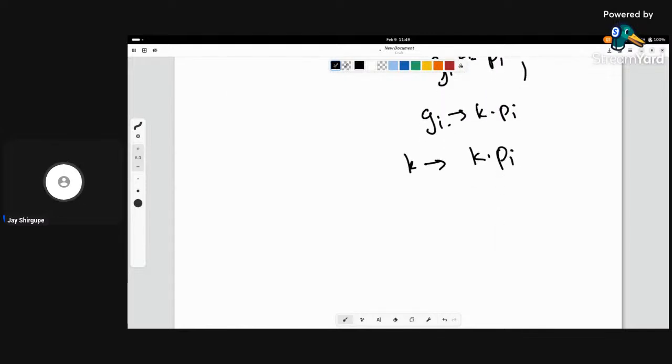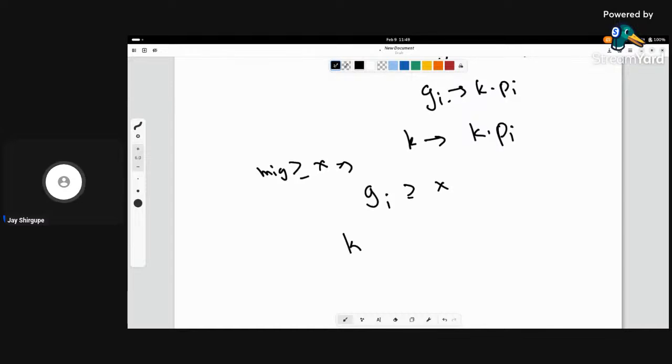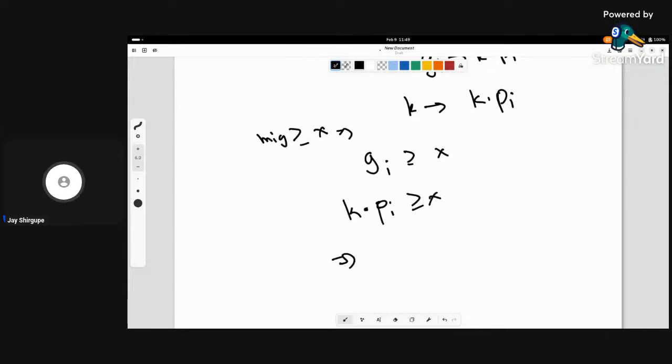And you want to ensure that the minimum of g is greater than or equal to x, which implies that every g of i is greater than or equal to x. If you operated on g of i k times, then you get this value, which is greater than or equal to x. This basically implies that k, the minimum number of times that you have to visit this g of i,